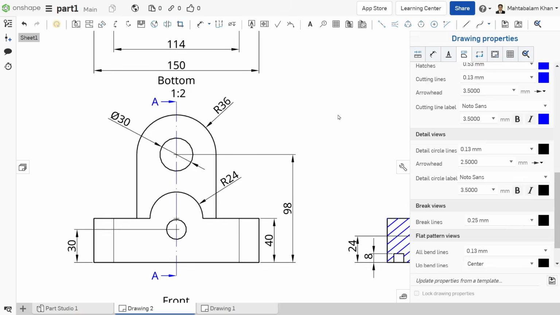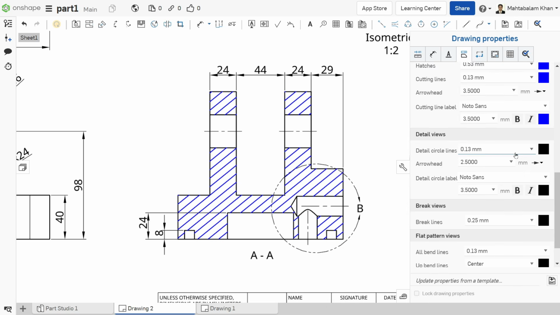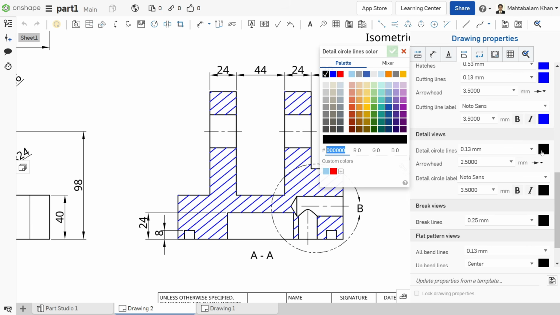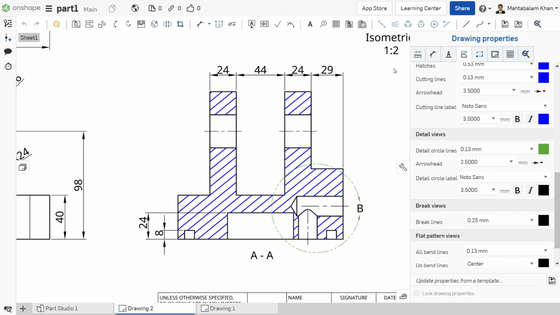Now come down and here you will see detail view. For the detail circle, you can change, let's say red, or we have another option, green. Arrowhead again 3.5.